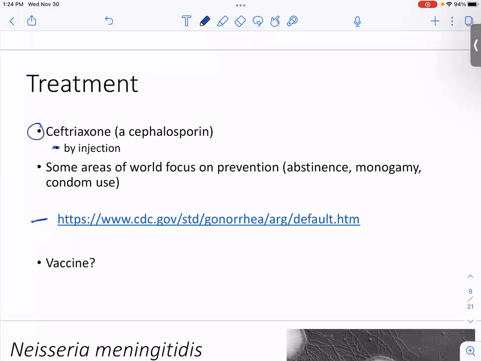So maybe it's better to try and prevent gonorrhea in the first place. Unfortunately, we can't do that with a vaccine. We don't have a vaccine due to that antigenic variation. We'll see that we actually do have a vaccine to a similar organism, Neisseria meningitidis, but that organism has a capsule. There's no capsule for Neisseria gonorrhoeae, even to make a vaccine to. So, all right, questions, comments before we move on?